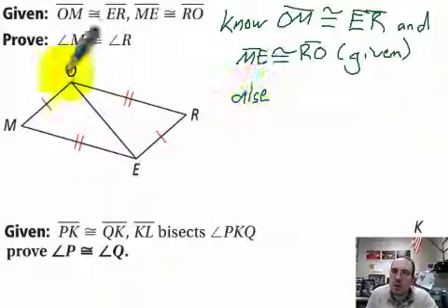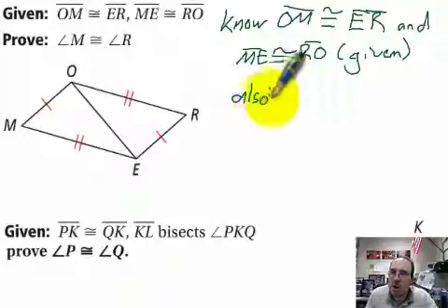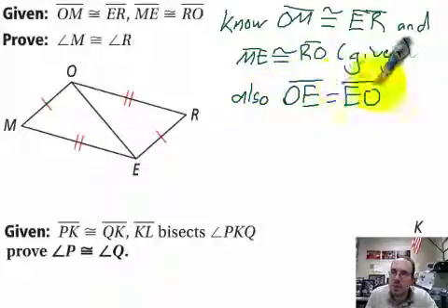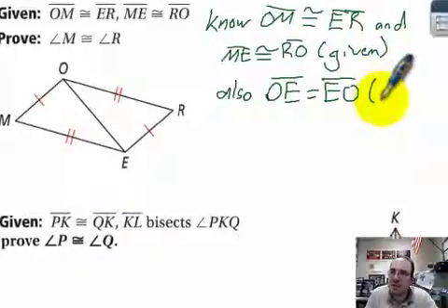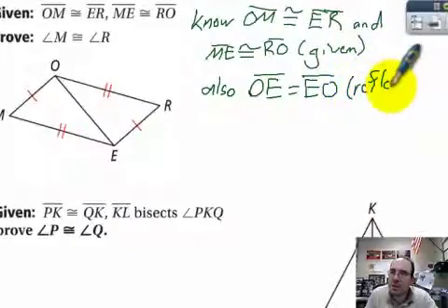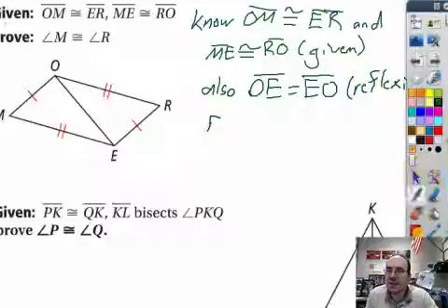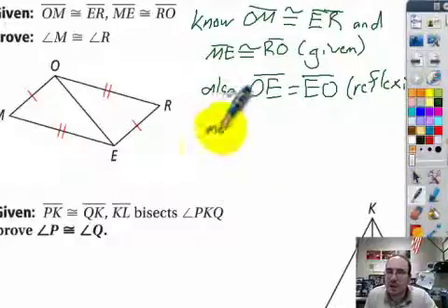Also, OE is congruent to EO, and that is the reflexive. Okay, so finally, or I should say next, because we still have another step after this. So next,